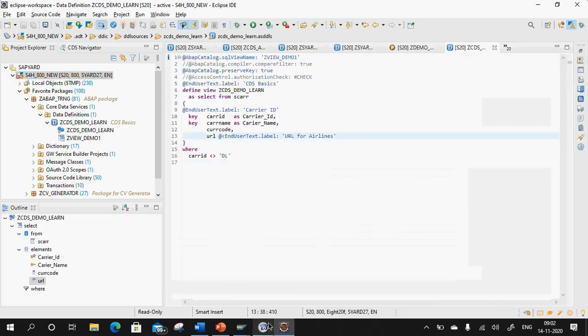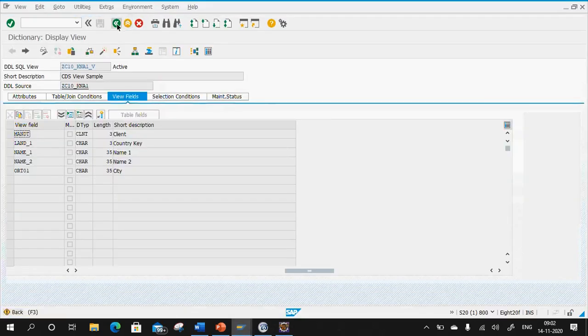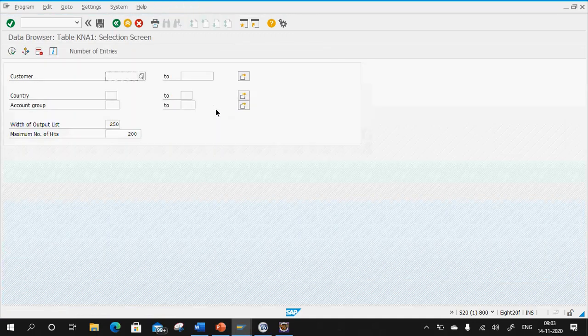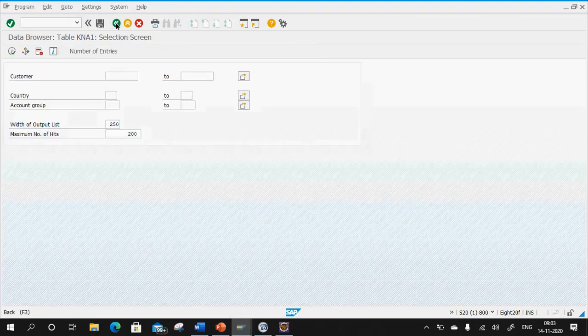Asit, just try referring to KNA1. Is KNA1 giving a dump? No, KNA1 is not giving a dump.